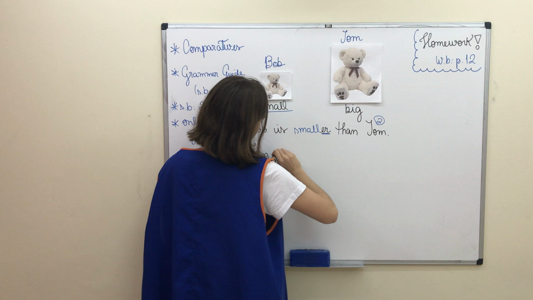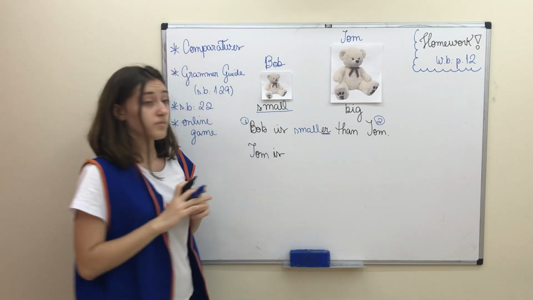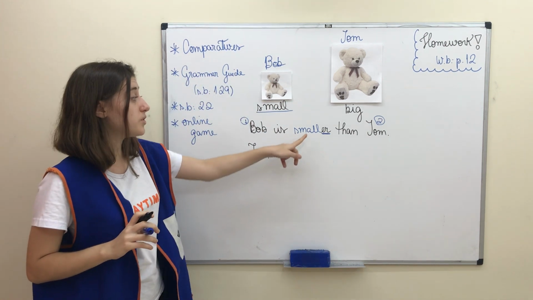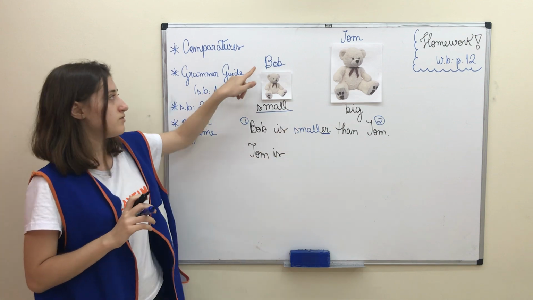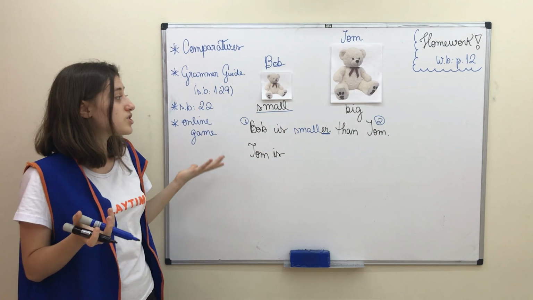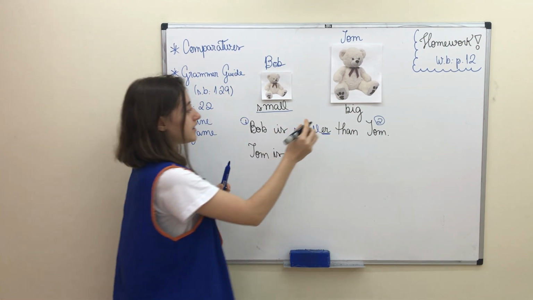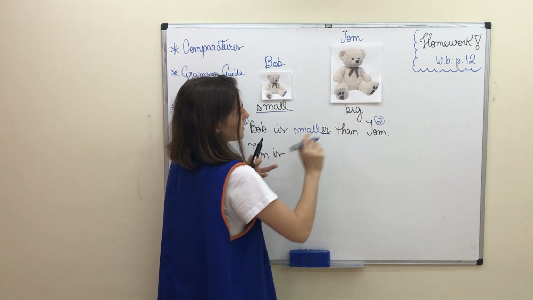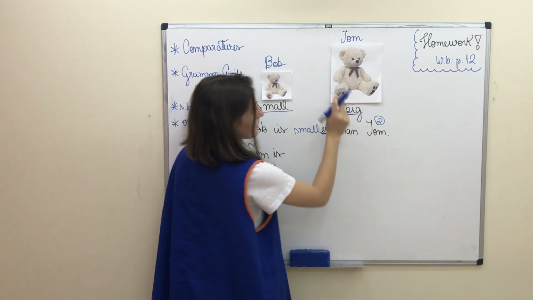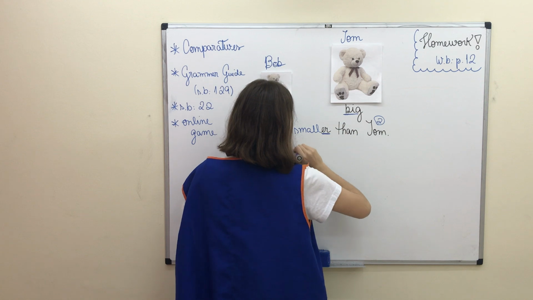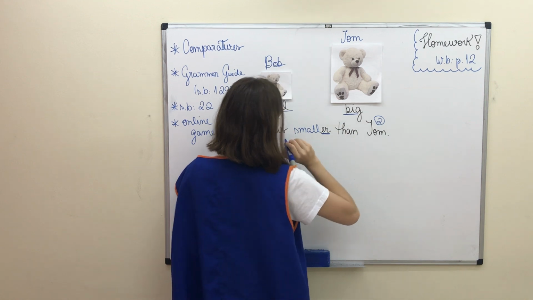Tom is. O Tom não é smaller do que o Bob, right? So Tom is. Here I need to use this adjective because Tom is big. So Tom is big